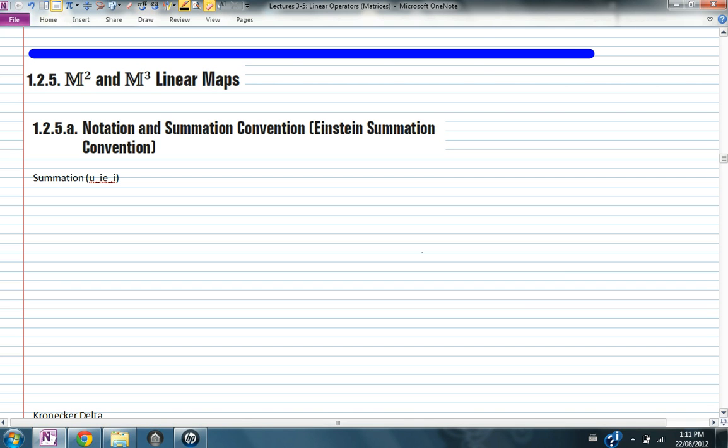So after introducing matrices as linear functions between linear vector spaces, Euclidean linear vector spaces, we are going to now talk about the square matrices of size 2 and size 3. We're going to talk about the notation and the summation convention that's usually used in solid mechanics. Then we're going to talk about the determinant of a matrix as a measure of its invertibility,